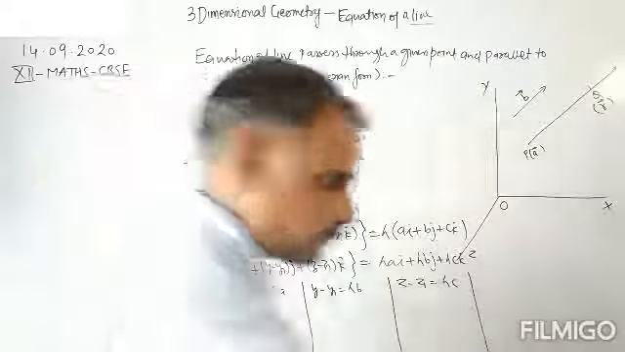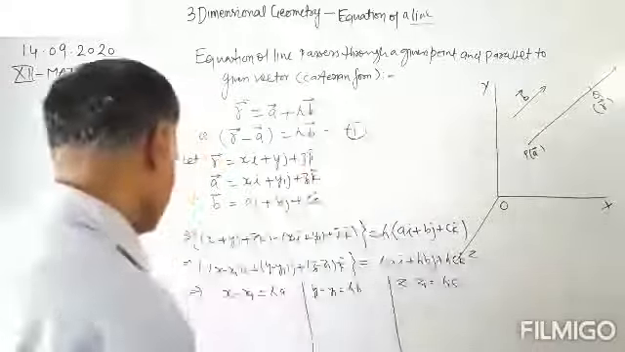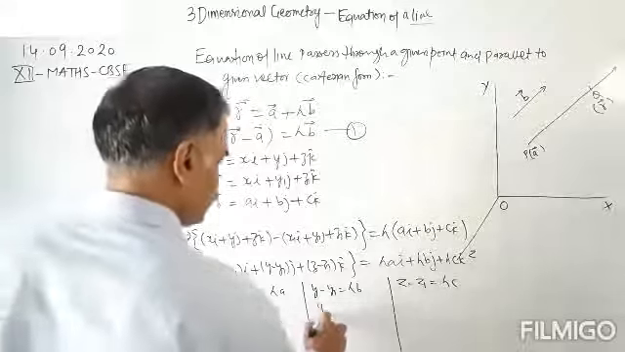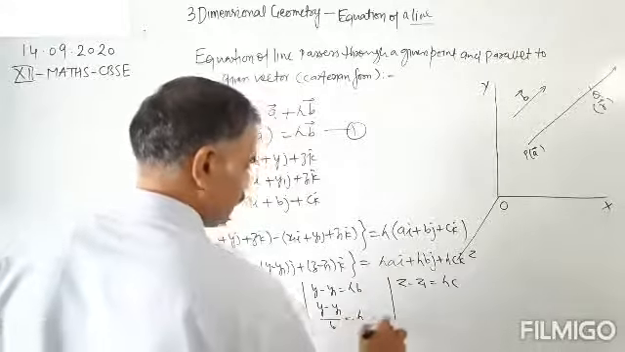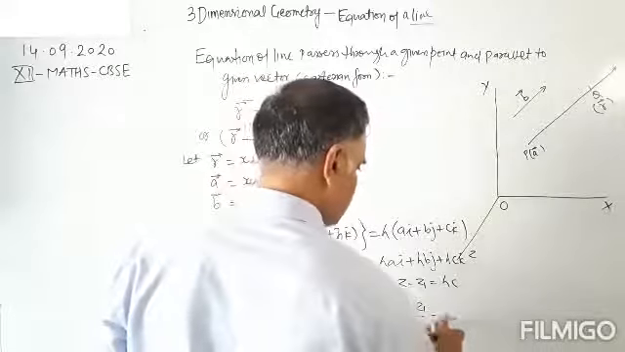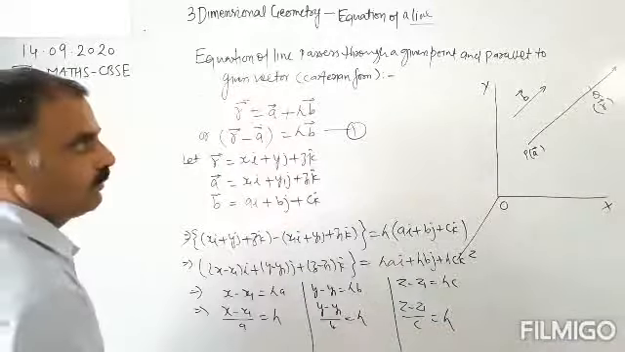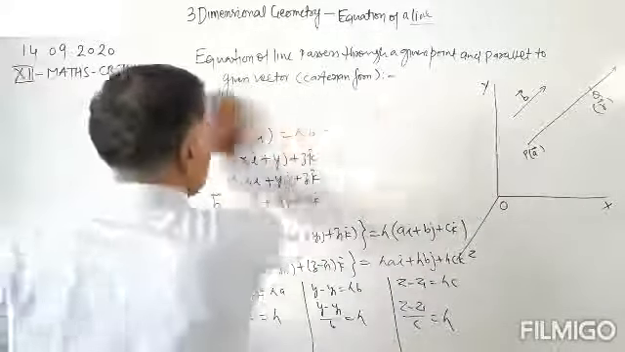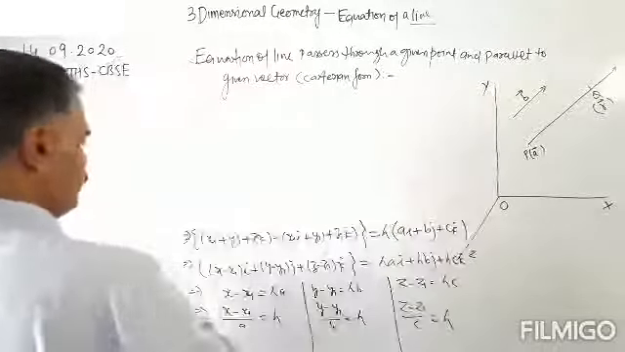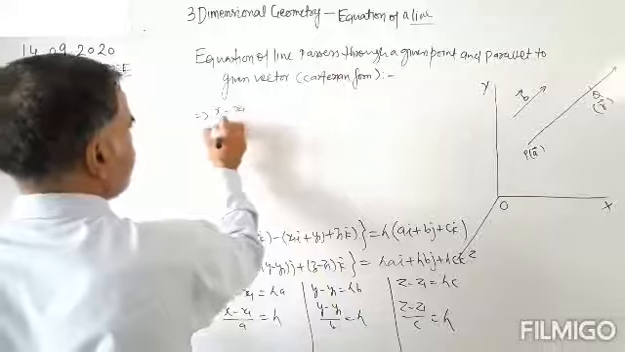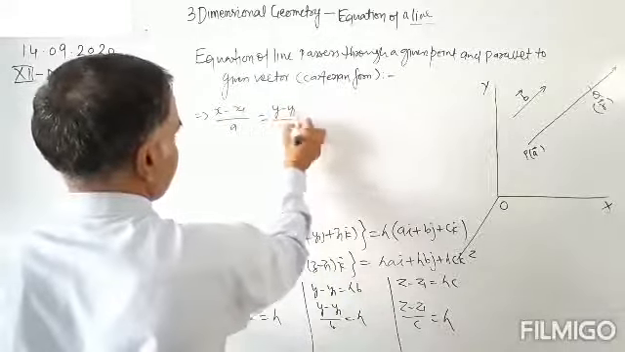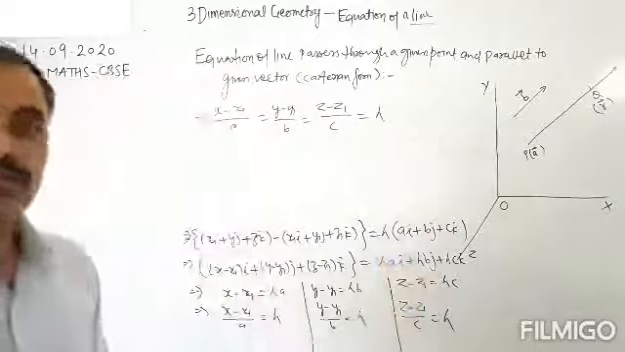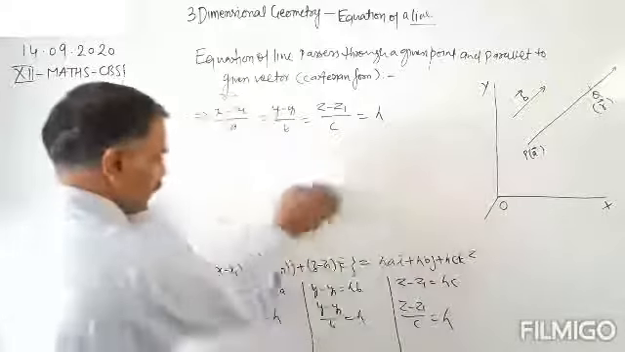Here, x minus x1 upon a equals lambda, y minus y1 upon b equals lambda, and z minus z1 upon c equals lambda. So all these lambdas are equal, and we will have the equation x minus x1 upon a equals y minus y1 upon b equals z minus z1 upon c equals lambda. So this is the Cartesian form